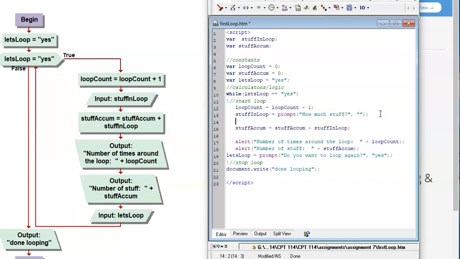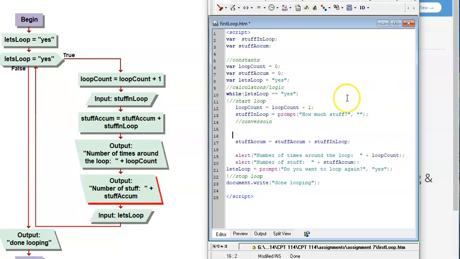So we're going to have to put in a conversion, and it's going to have to be stuff in loop, Control C, Control V, parseInt, open close parenthesis, semicolon, and what goes in there is stuff in loop. So we need to take the 10 text, put it here, send it through parseInt, turning it into a binary number, and then storing it. So now it'll work fine. So let's go save,